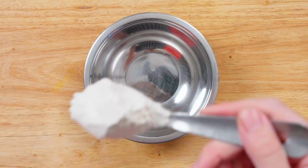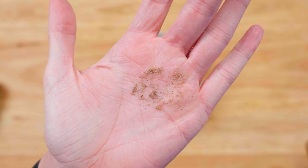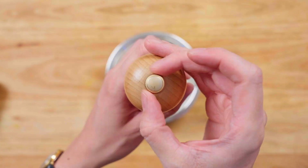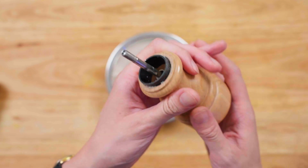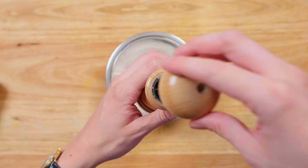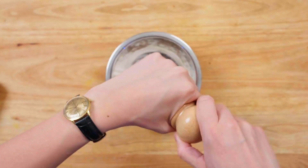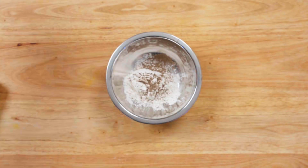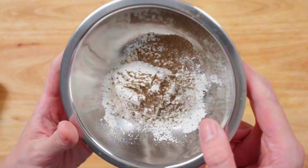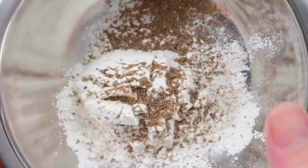Without measuring, I'm adding 1 spoonful of flour to the bowl, and we're also going to need finely ground black pepper. I keep salt in my pepper grinder because it's more common I need to control the size of my salt rather than my pepper, but in this case, we need access to that finely ground option. This is because 5 spice powder is usually the preferred choice, but black pepper is still traditional. However, in all those cases, it should be as fine as possible so it becomes kind of a background flavor